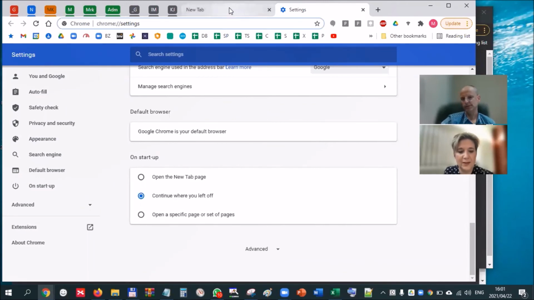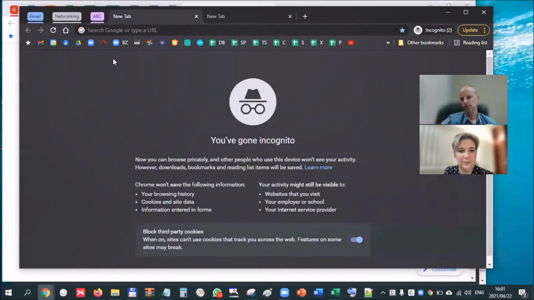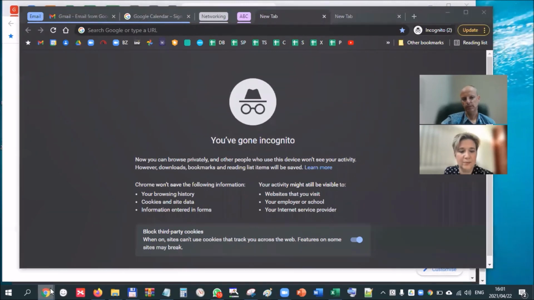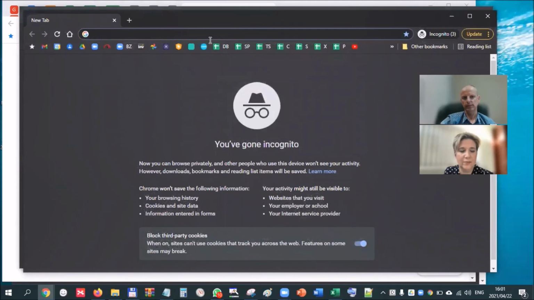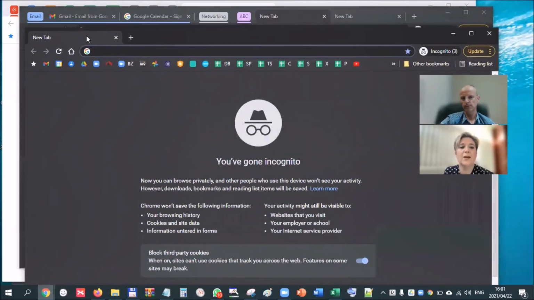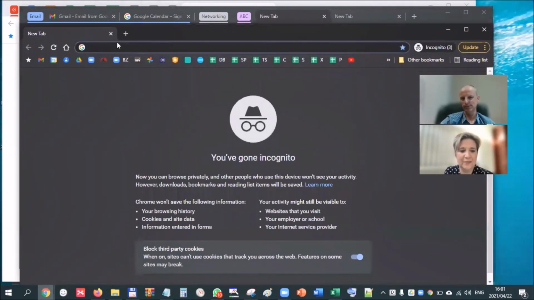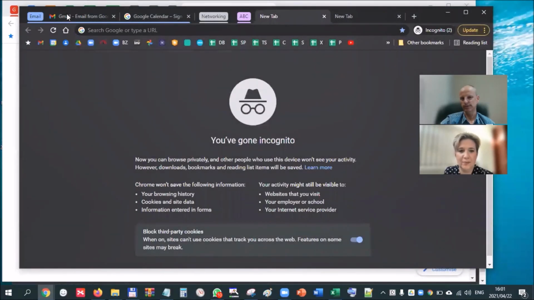Just something to note is that if I were to open, for example, a new browser window with only one tab open, I must be careful that I don't close this one last, because it'll open where I was when I left off. So you must always be careful. If you open a second web browser and you just open a single page, close that one first, and the one with all the pages you must close last. That's something I learned the hard way.